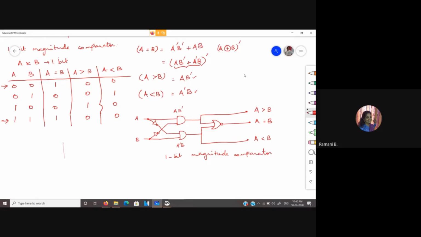You can also very comfortably draw the logic diagram for this like this. The main purpose of me drawing it this way is we will use a similar structure for the 4-bit magnitude comparator. So for A equal to B, you could simply give this as the XNOR operation.